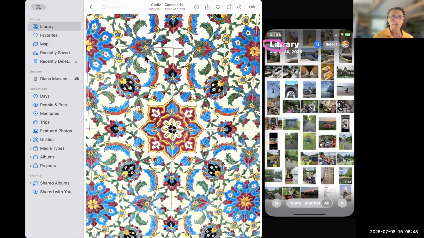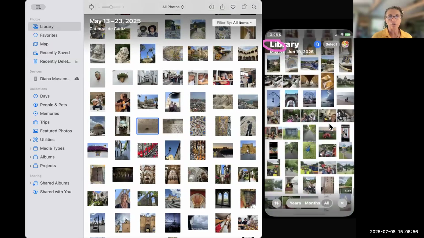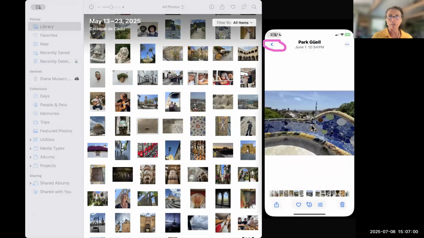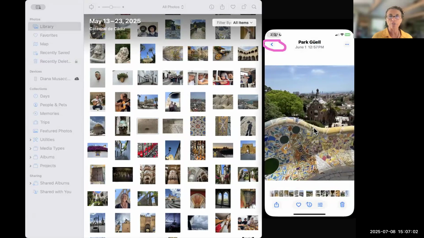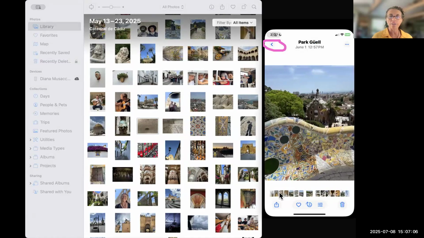Down, down, down, up, up, up, left, left, left, right, right, right. Hit the space bar to come down again. So if you're ever to navigate on the phone, you just make it bigger, click on it. And then if you want to keep going to the right or left, you can drag with your fingers back and forth, or you get this little